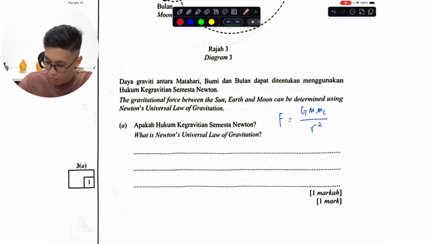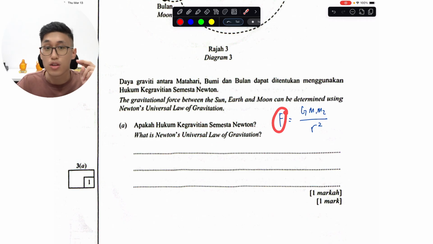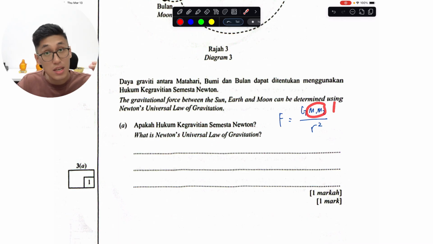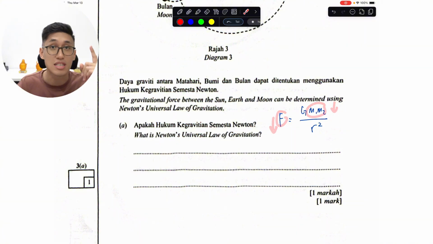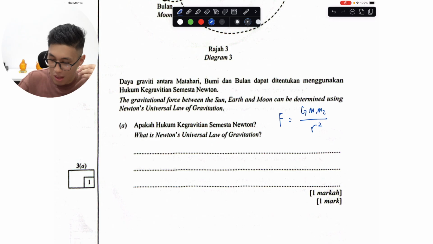Okay, so when we want to know the gravitational force between two things, you need to know the masses of these two things, and you need to know what is the product. Product means you multiply them together. So mass 1 multiplied by mass 2. If this number increases, then the force increases. If this number decreases, then the force decreases. Now, if you know this relationship, it's called directly proportional. So we can start by saying